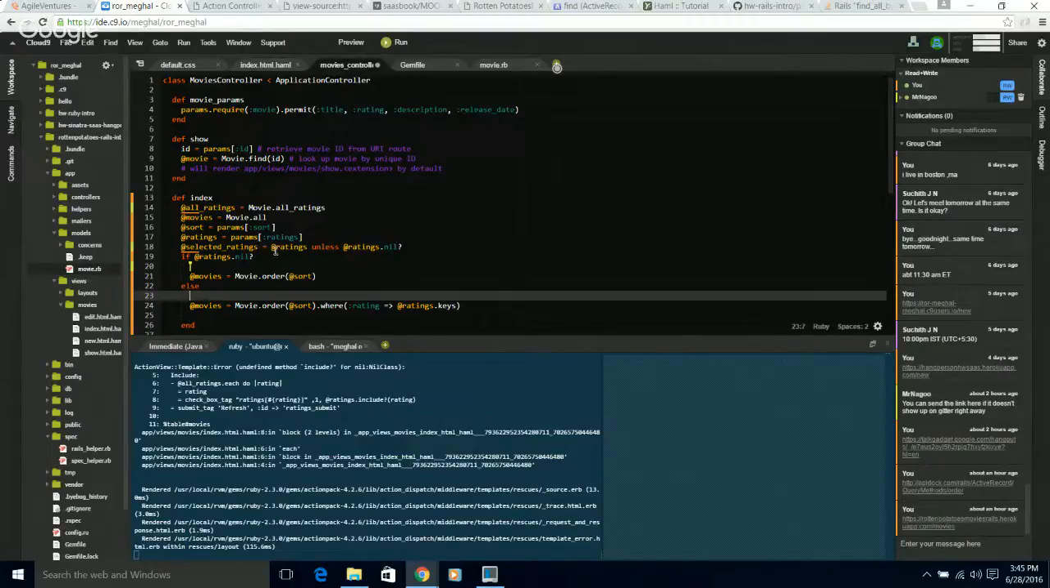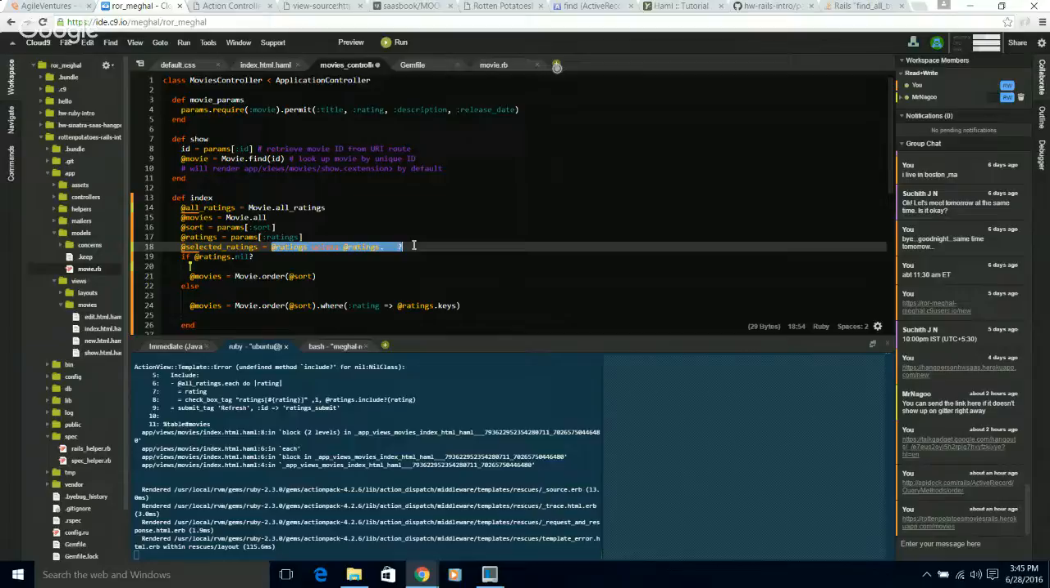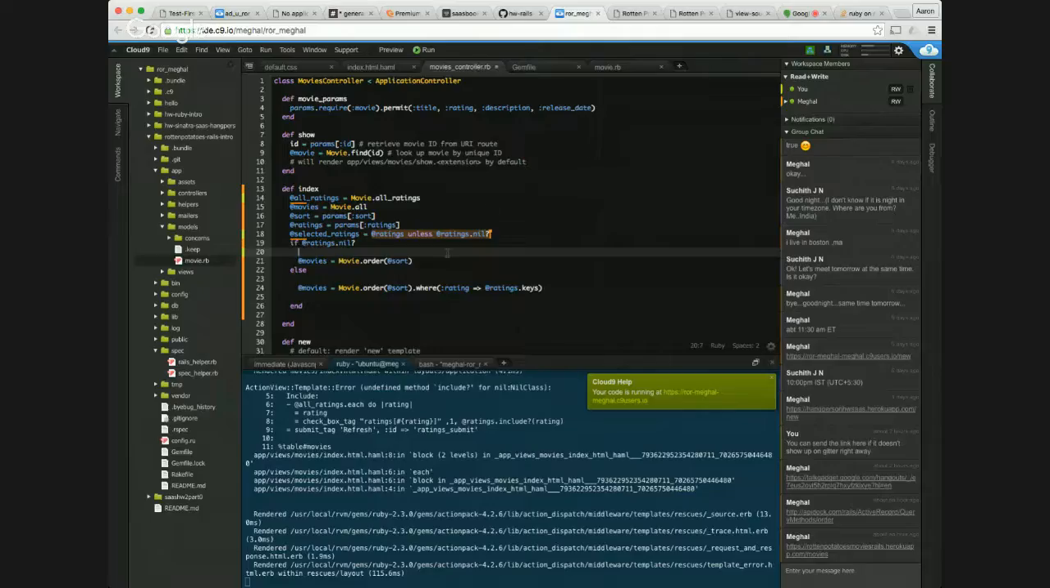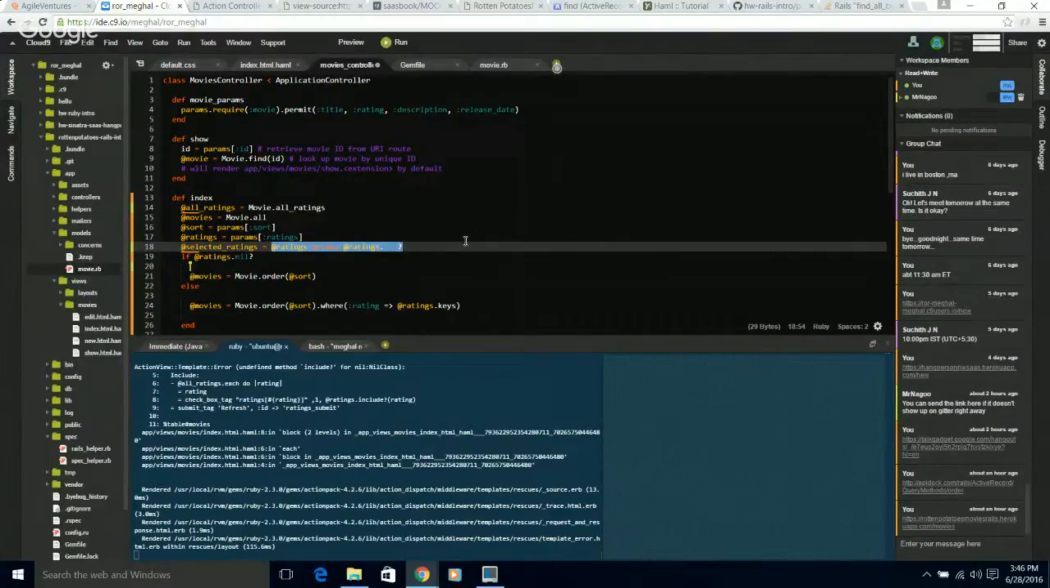Or otherwise we have selected ratings as a new array, like array dot new here. Are you following what I'm trying to say? You want to just make it an empty bracket? Yeah, so what I was saying is instead of the one that you have put here, if we put this logic here,